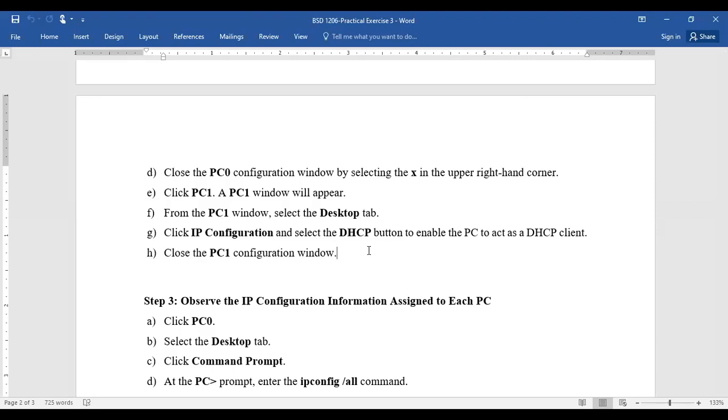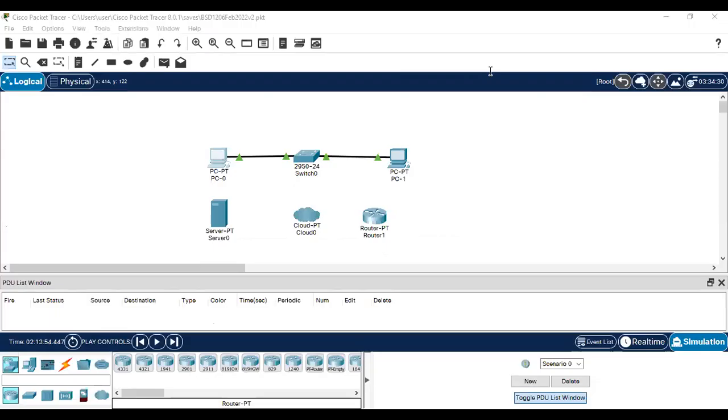We can continue. So we've been told to close the PC number 0 configuration window. Then we go to PC number 1 and do the same thing. So let me go back. Okay. If you click this one here for PC number 0,